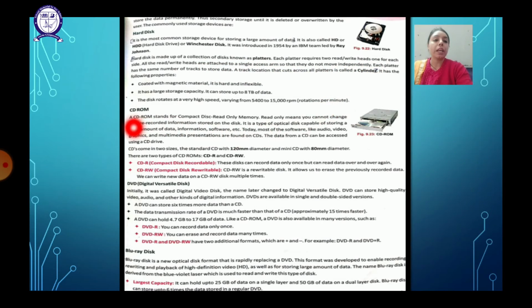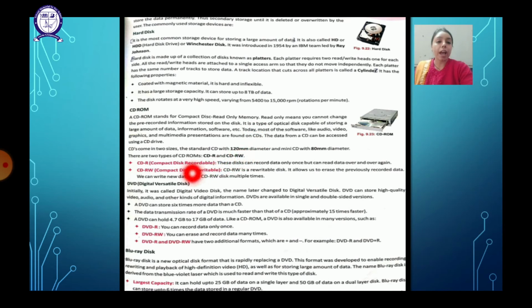Okay. Then we have the CD-ROM. You must have seen CD-ROMs, and CDs at the back of your books also, in which the content comes, like a Hindi book, an English book, in which the chapters are there. So we have different types of CDs. The CD-ROM is compact disc read only memory, from which the data can only be read. You cannot make changes in the contents.